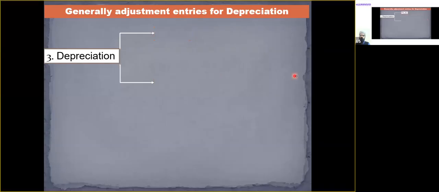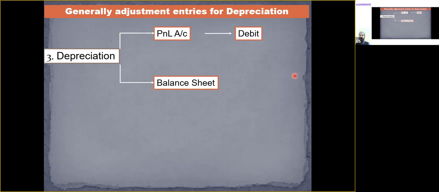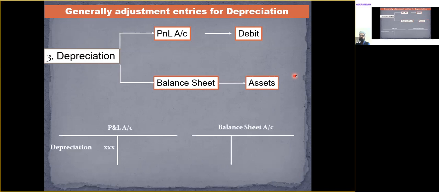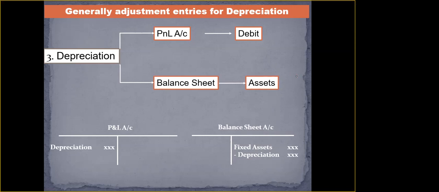Okay. So depreciation will be recorded first in the profit and loss account and then in the balance sheet. In the profit and loss account, we will record it on the debit side as an expense, and in the balance sheet, it will reduce the value of the asset. So this is how it will be shown in the profit and loss account on the debit side, and in the balance sheet on the asset side, reducing the value of the asset. All right, everyone, is this clear? Everything that we have discussed in today's session is clear to all of you, yes or no? Yes, sir. Okay, thank you so much.